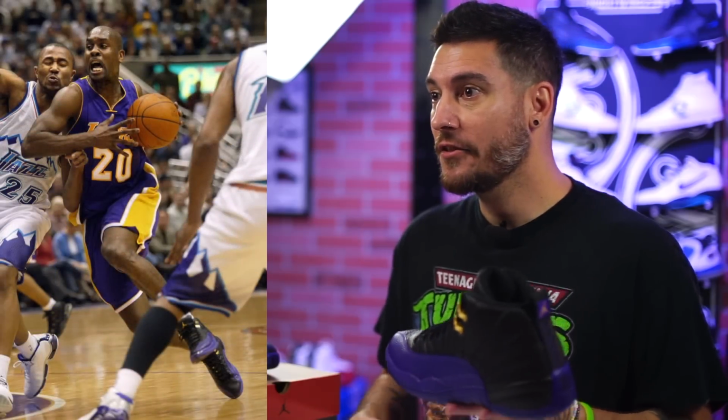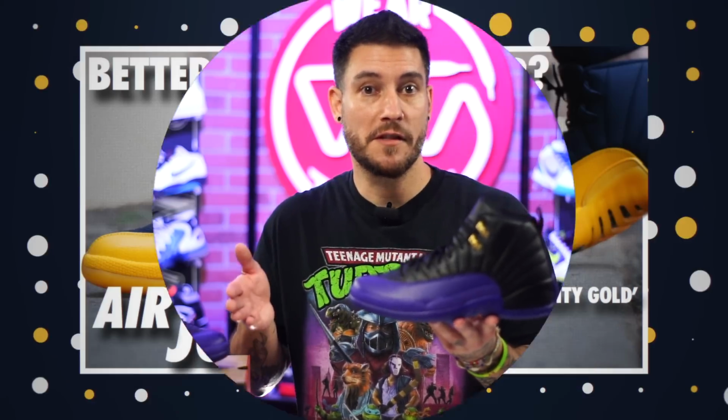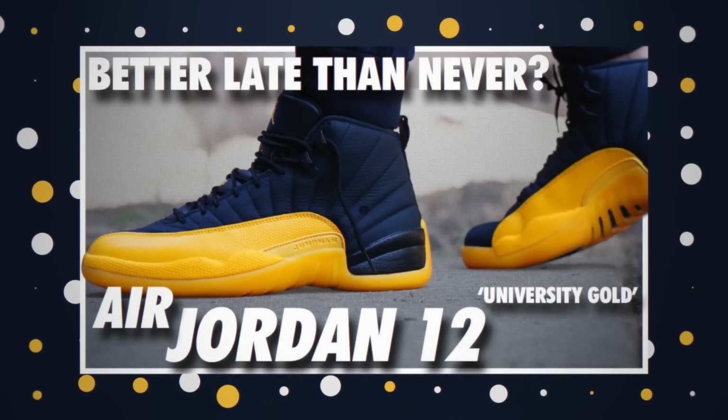So for those of you guys that are just kind of unaware or maybe new to the game, this shoe right here, much like the previously released black and yellows, they are both Gary Payton PEs from when he spent a very short time on the LA Lakers with Kobe Bryant, Shaquille O'Neal, amongst others. But while he was in LA and playing for the Lakers, he no longer had his official signature sneaker line anymore,